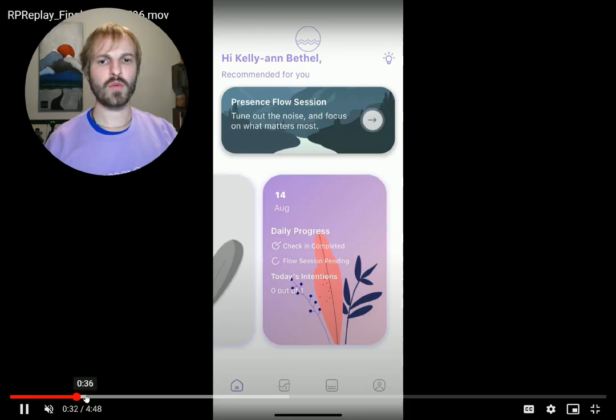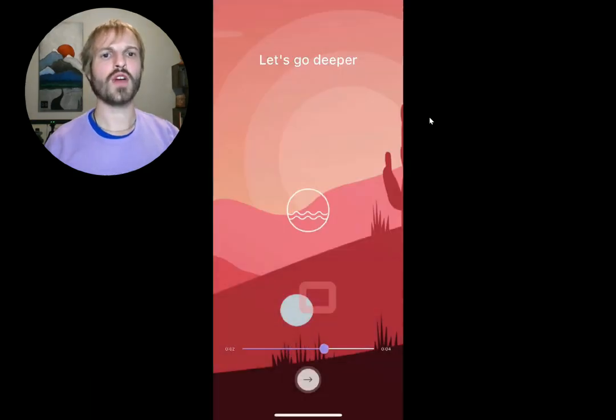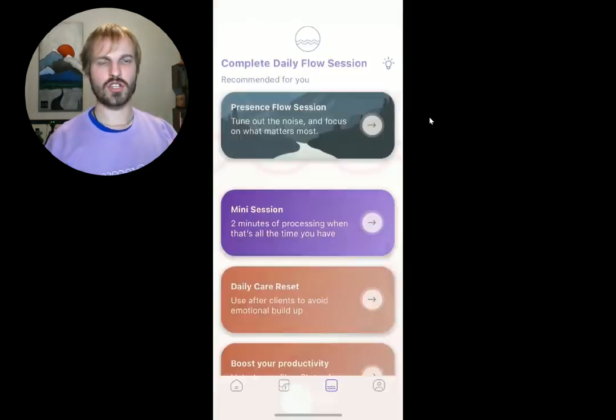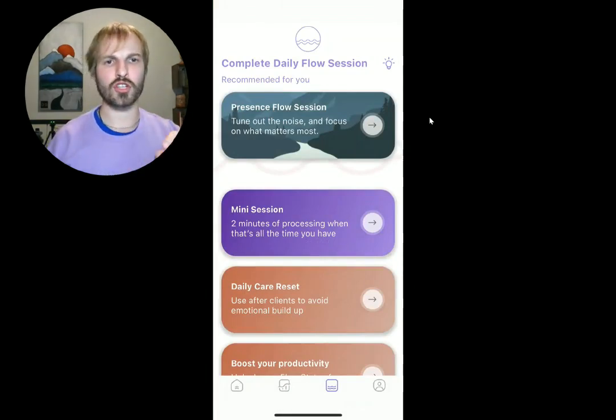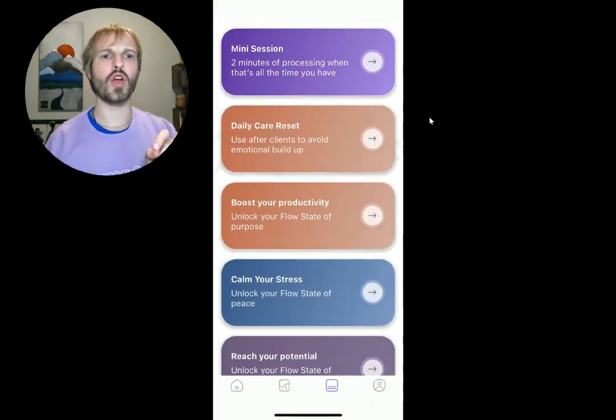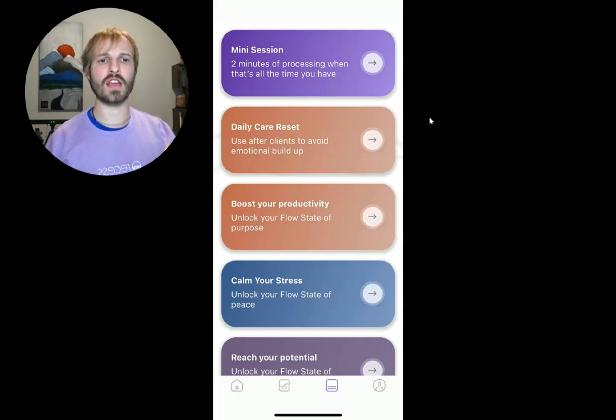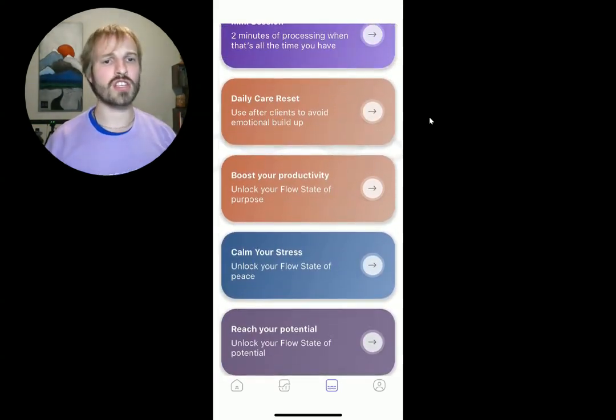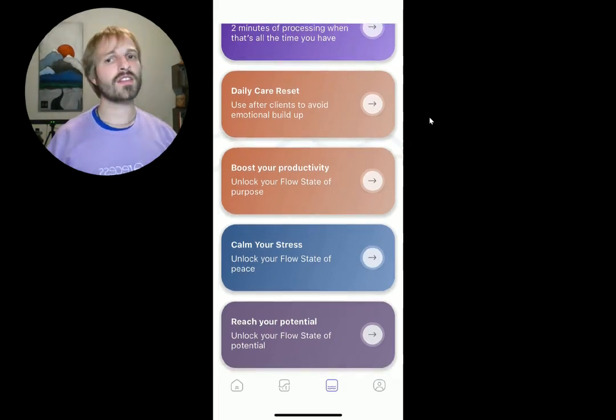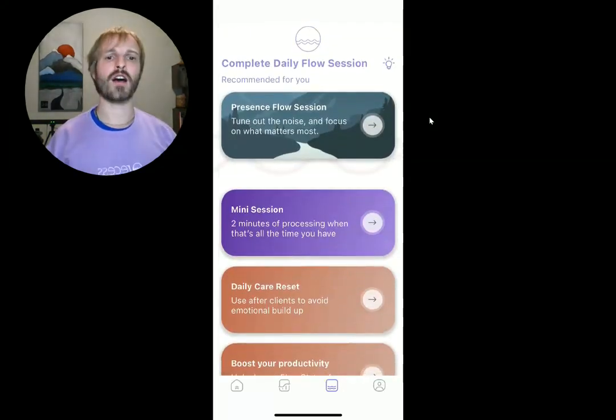First, everyone can access the mini session, which is the 2 to 3 minute session to help you become familiar with Recess's bilateral processing. You'll likely get bored of this session pretty quickly. For our paid users, you'll have access to the 4 foundational flow sessions, including a session to decrease stress, peace, increase productivity, purpose, increase your focus, presence, feel capable, potential, and the daily care reset for those of us who